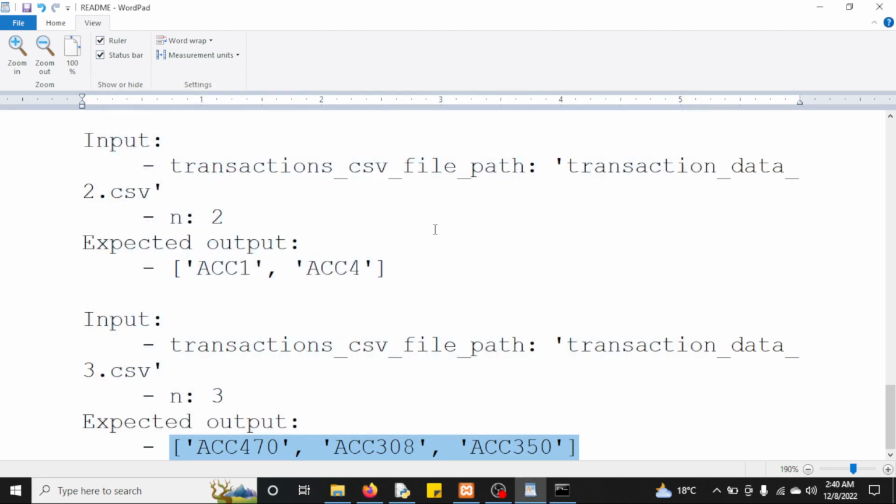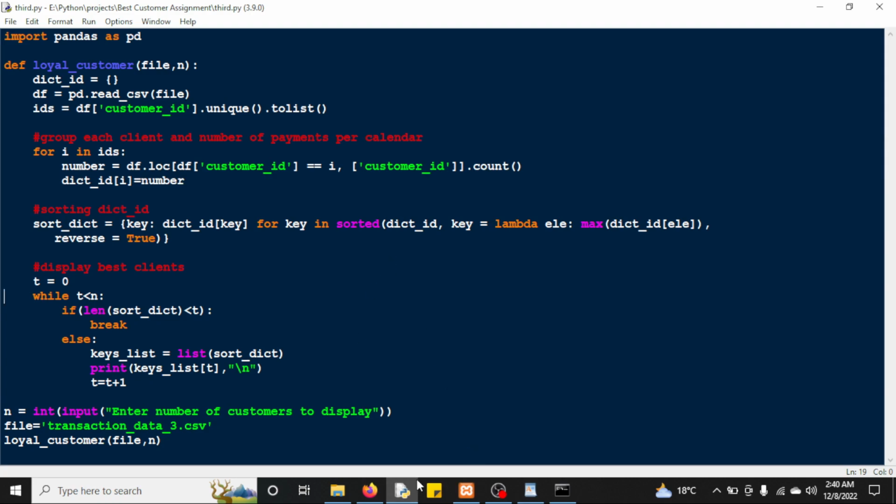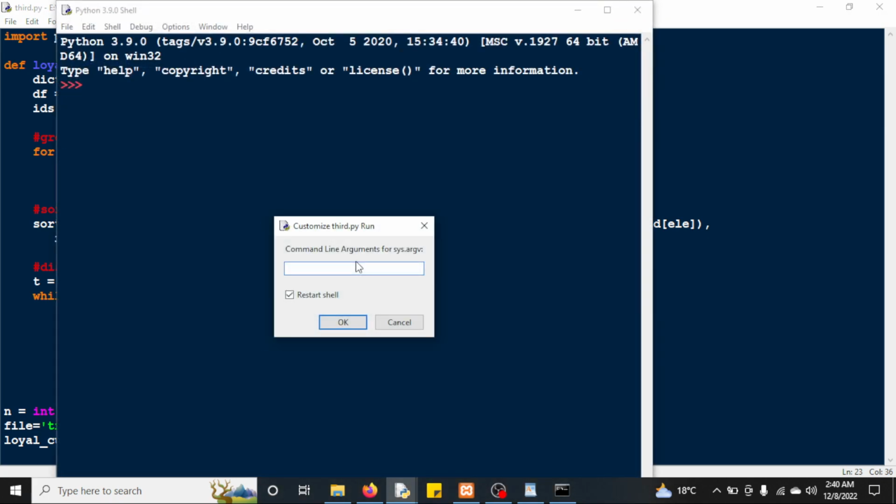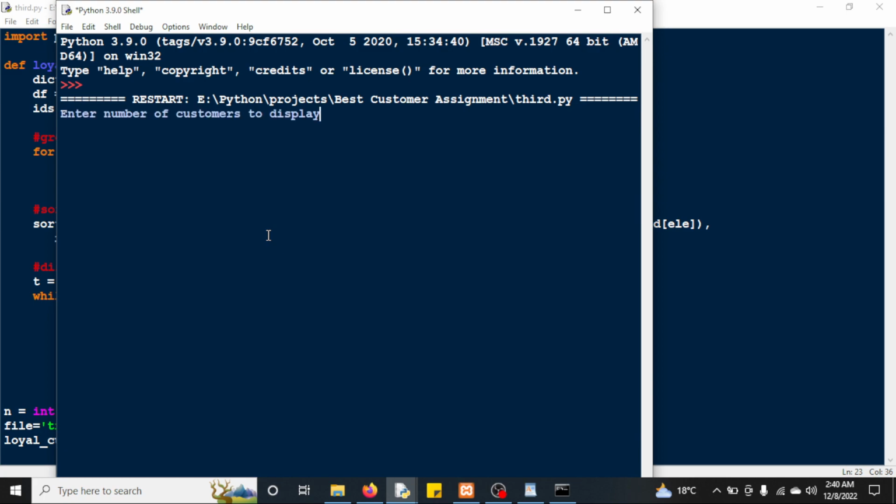We can run another one using this one. So we expect this one to be 2. So how do I change that one? Have I closed that one? Yes. So how do I change? I come here, put 2, and I run again. Shift F5, click OK, and it is executing as usual, because if it has a lot of data, it has to take time. If you have a machine that doesn't have enough RAM, you're going to face challenges.